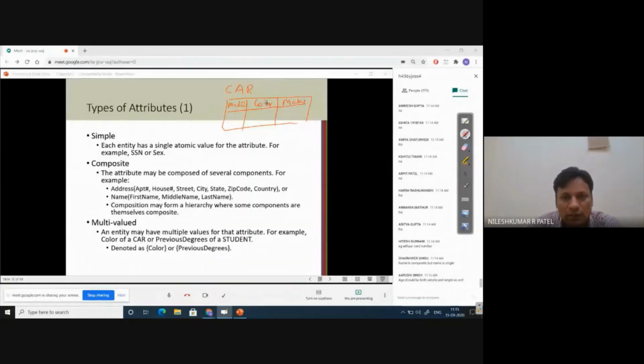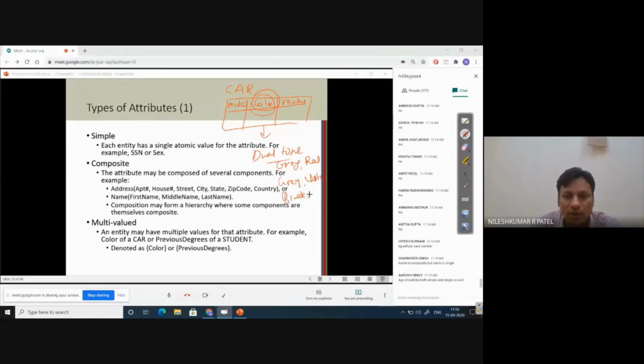Color is one attribute where, in some cases, a car has multiple colors. For example, you buy one car and it is a dual tone car, or a multi-tone car. In this case, for example, gray and red, or gray and white, or black and white.